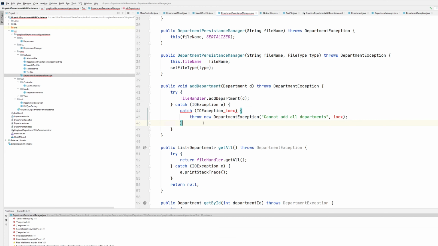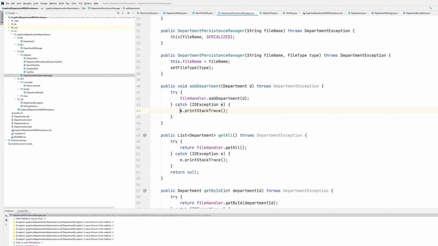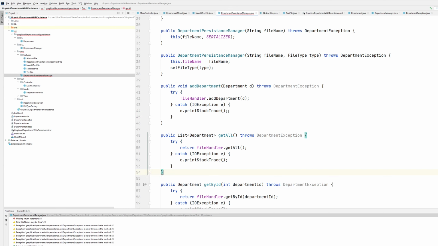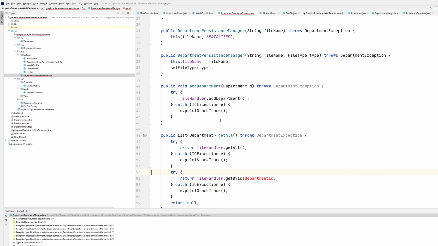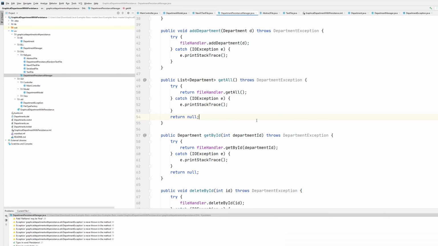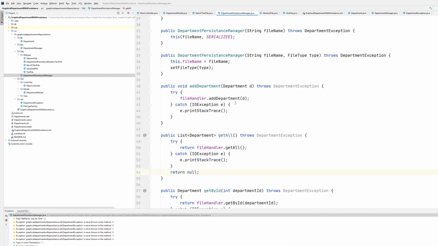So what we're going to do is something like this. I don't know what I'm doing here. Yeah, so we want to send back a message or something using our department exception instead. And we're already throwing that here. So in this place here, add department, let's do a new. So catch will say throw